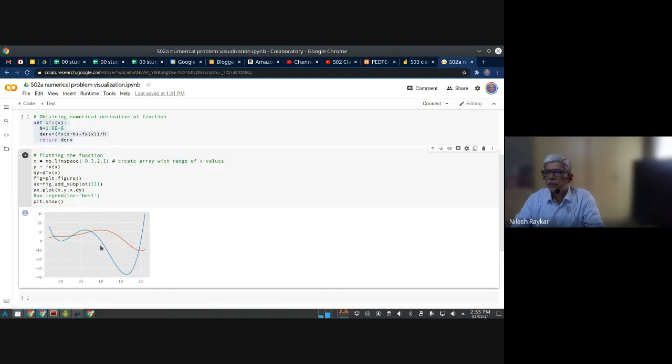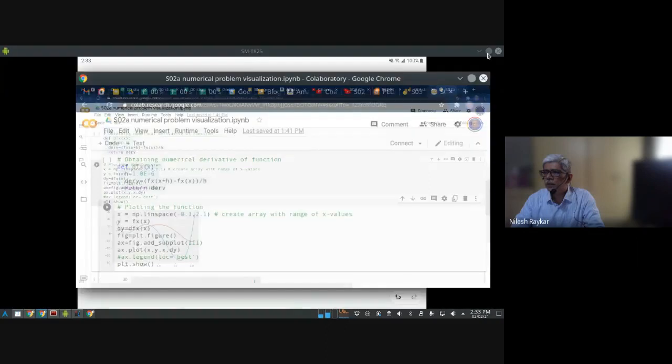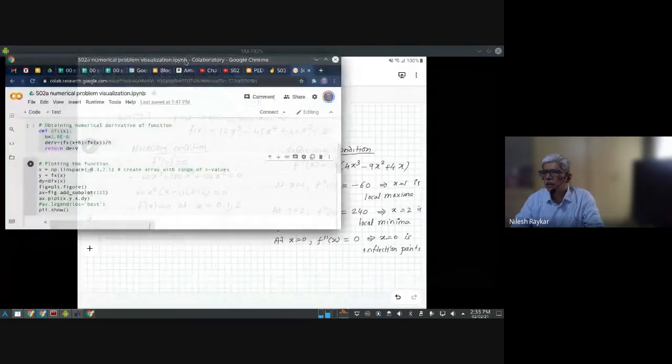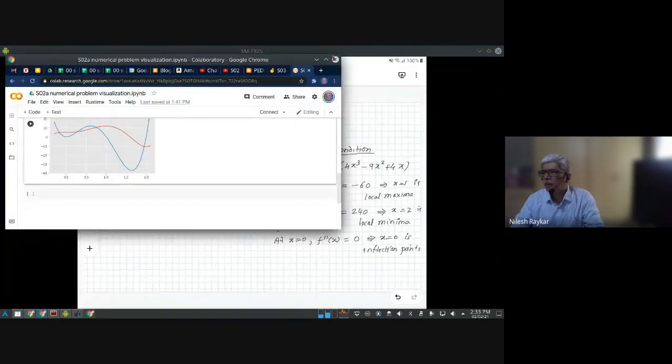Second one is at x equal to 1. Again, the blue color line, that is the derivative, is 0. So this is the 0 axis. At this point, x equal to 1, the function is maximum, and at x equal to 2, again your derivative is 0 and the function happens to be minimum there. So that just confirms our findings that we got here, at the points we discussed just now.